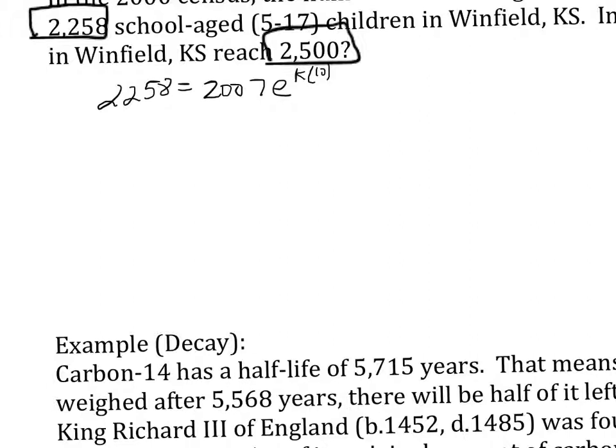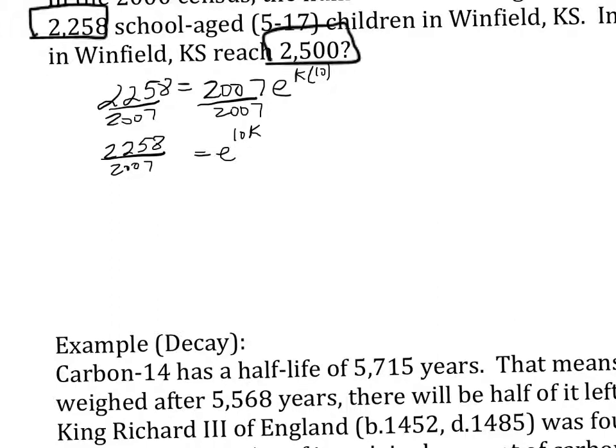So our time was 10 years in between those. Okay? Now we need to solve for k. So what we're going to first do is divide everything by 2007. And so then e to the 10k equals 2,258 divided by